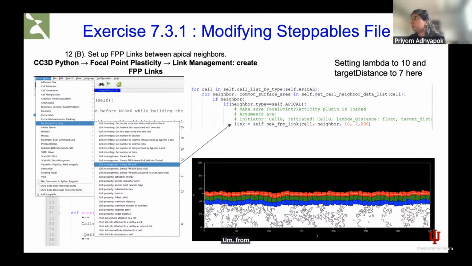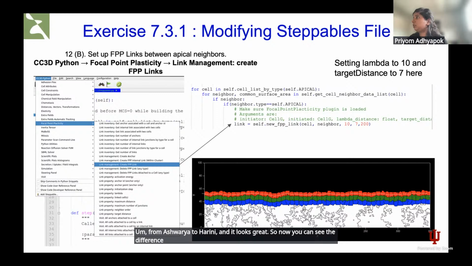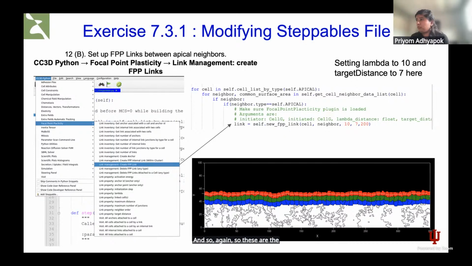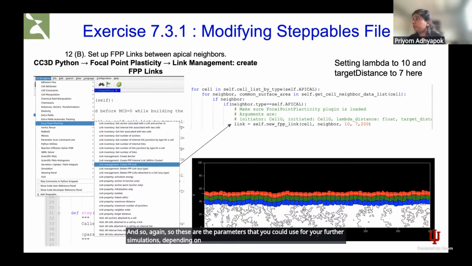From Ashwarya to Harini, and it looks great. So now you can see the difference in a simulation with 30 versus 70. So more bending with 30 versus 70, because the forces are not as strong, you're not able to see a more pronounced fold in the tissue. And so again, these are the parameters that you could use for your further simulations, depending on your